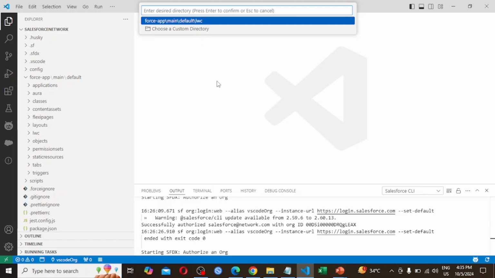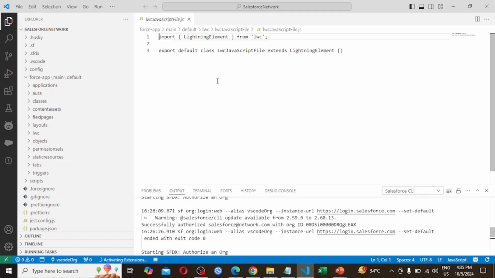Again it is prompting for the desired directory. So I am going with the default, force-app/main/default/lwc. Hit enter.